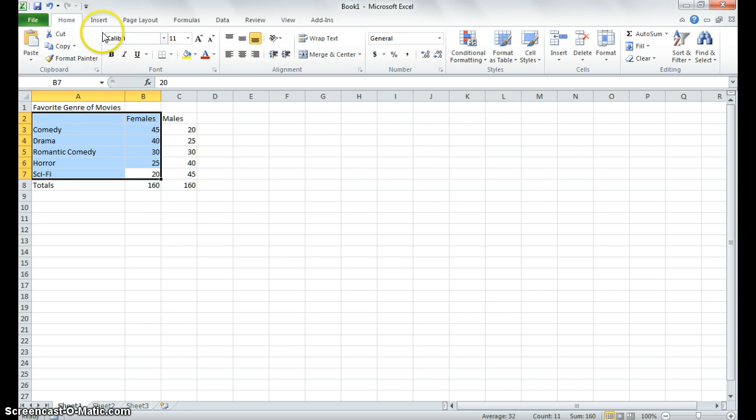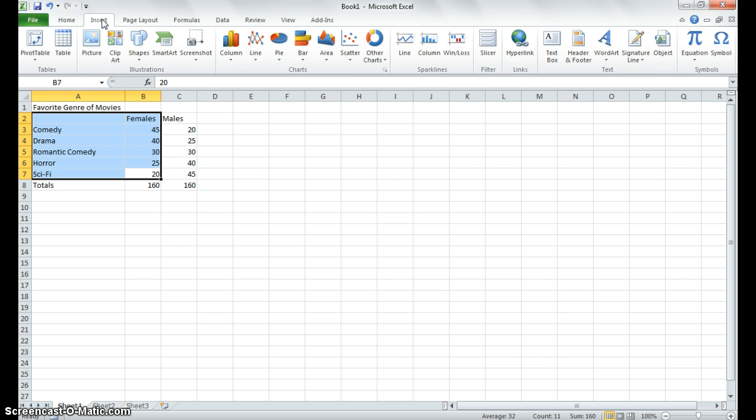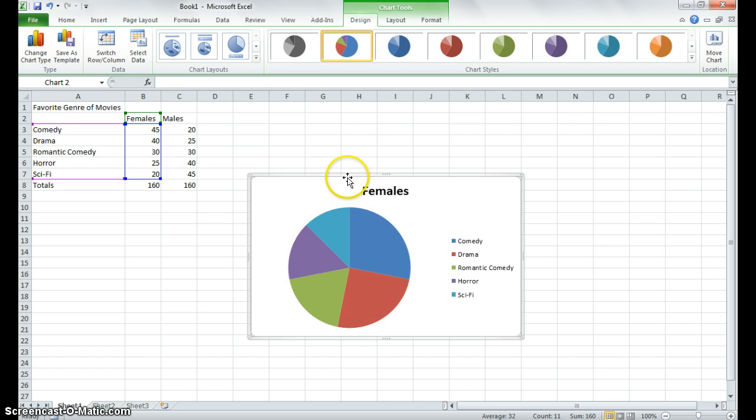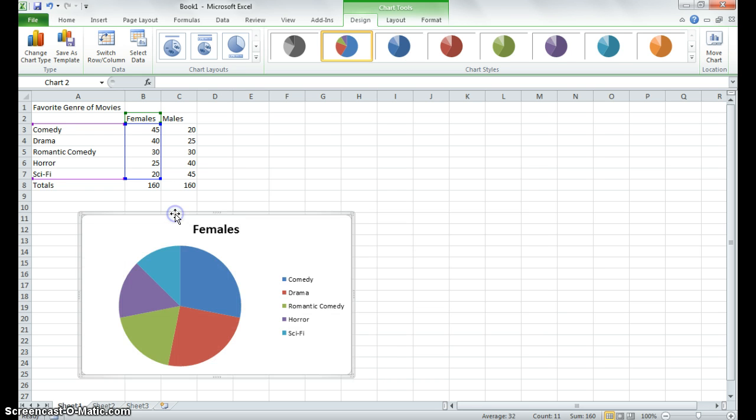Then we will go up to our tabs on the ribbon and we will click the Insert tab, and you can see right in the middle is where all of our charts and graphs and bar graphs and scatter plots and column graphs and line graphs are. So choose the pie graph function for right now. We're going to choose the 2D pie, and bam, there's our female pie chart, and it gives us a little